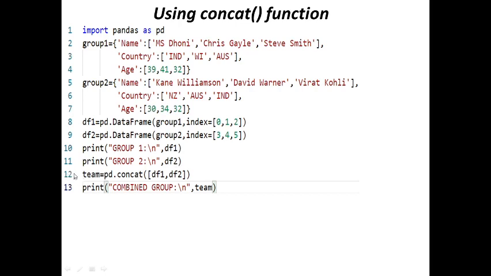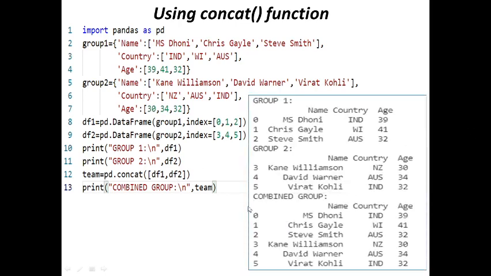In the next statement, what we are doing? We are concatenating df1 and df2 using the concat function of pandas. We are writing pd.concat and then we need to pass a list of data frames to concat. So here we are concatenating df1 and df2. The resultant data frame will be this.